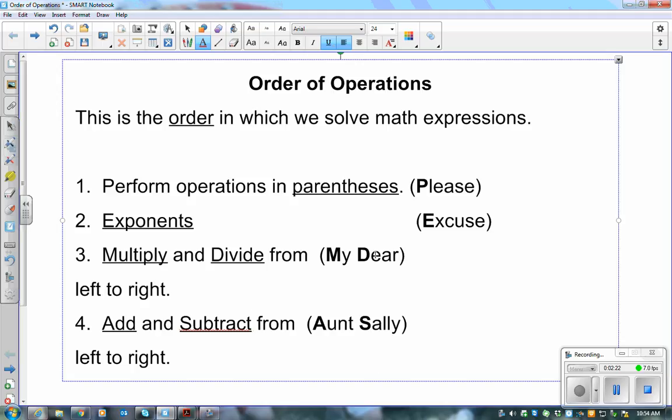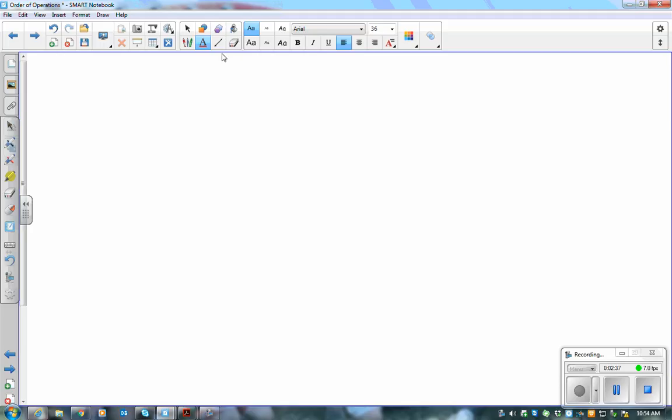And notice that I put my dear and Aunt Sally side by side. That means because you do those two from left to right, whichever one comes first. Really important to remember. So if you turn to the next page, on the back of this front page, let's do an example together. So if I am solving a problem, let's say my problem is 30